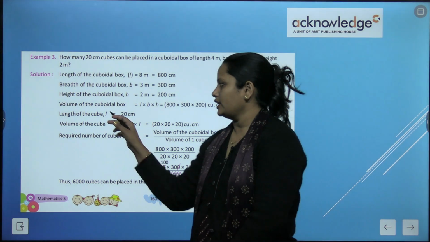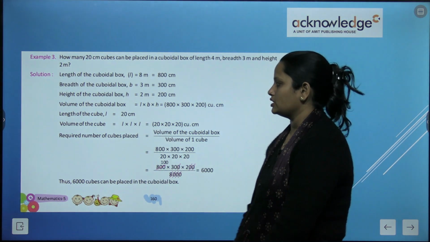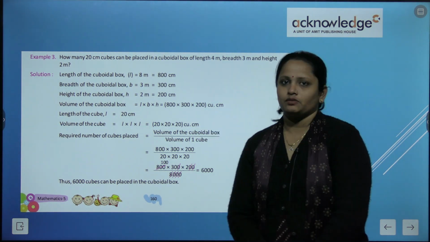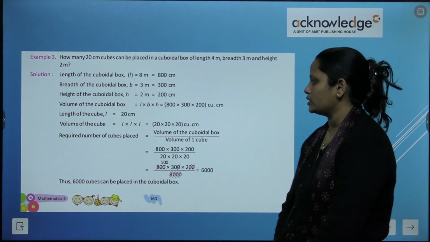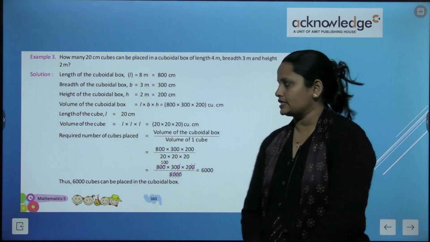अब चलिए देखते हैं. क्यूब की लेंथ क्या थी? 20 सेंटीमीटर की. अब इसका भी हमने वॉल्यूम निकाल लिया. तो इसका वॉल्यूम था 20 मल्टीप्लाई 20 मल्टीप्लाई 20। अब हम इन दोनों को फॉर्मूला में प्लेस कर देते हैं।